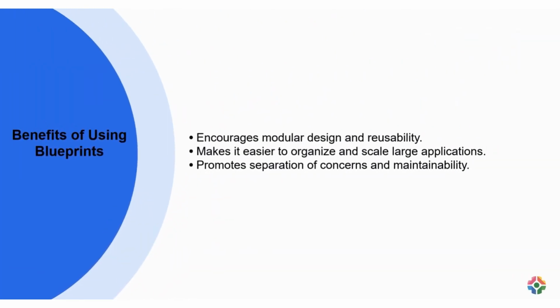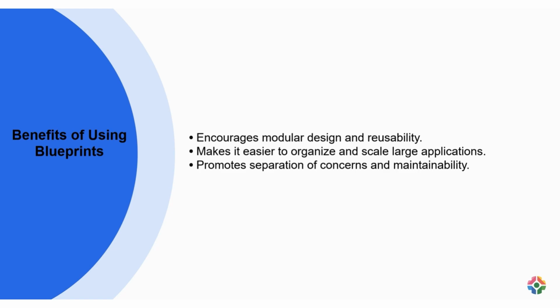Object-oriented programming, OOP, is a programming paradigm that promotes modular design and reusability of code. By breaking down complex systems into smaller, more manageable components called objects, OOP makes it easier to organize and scale large applications. This approach also encourages the separation of concerns, where each object is responsible for a specific functionality or feature, leading to better maintainability of the codebase. For example, in a banking application, separate objects could be created for customer accounts, transactions, and notifications, each handling its